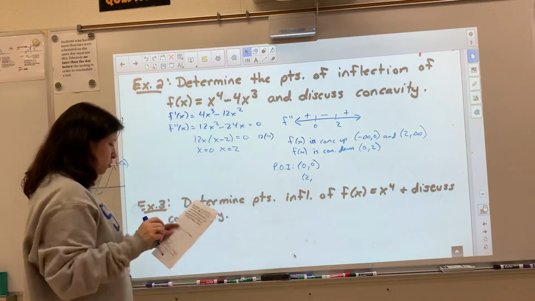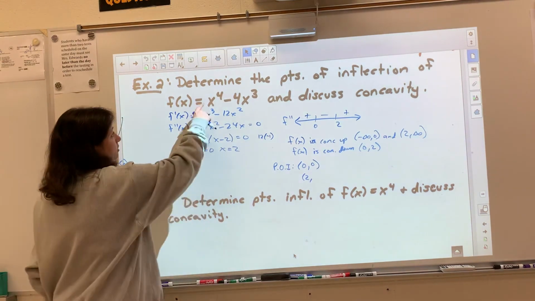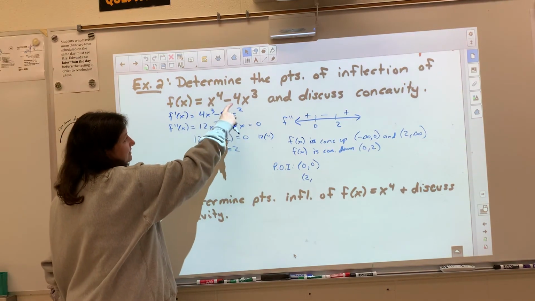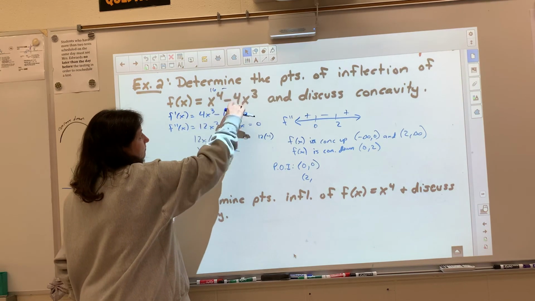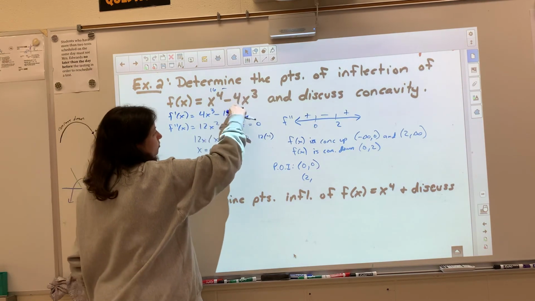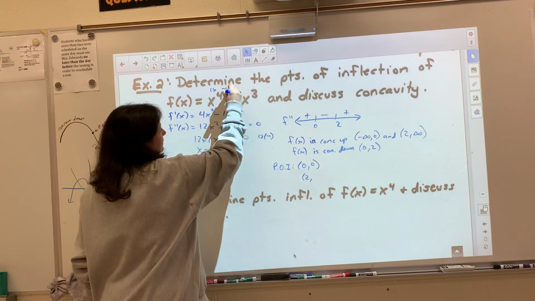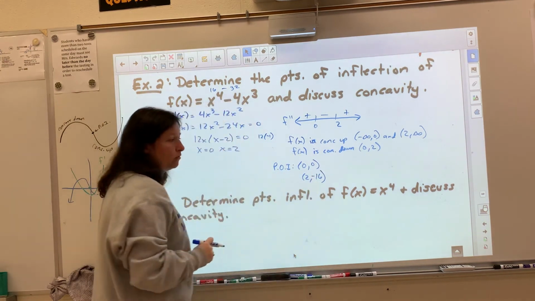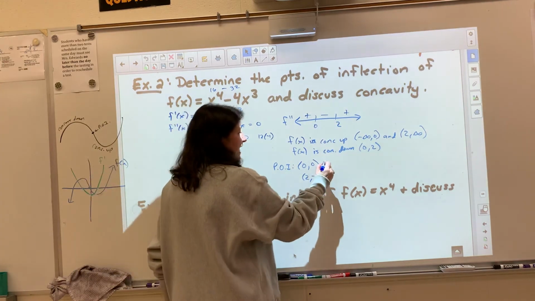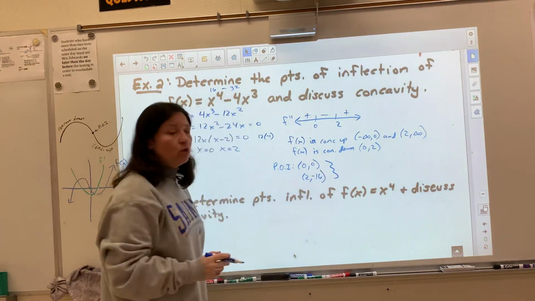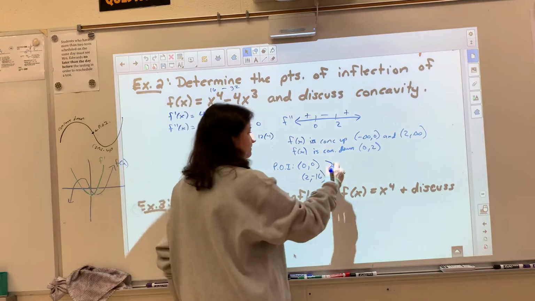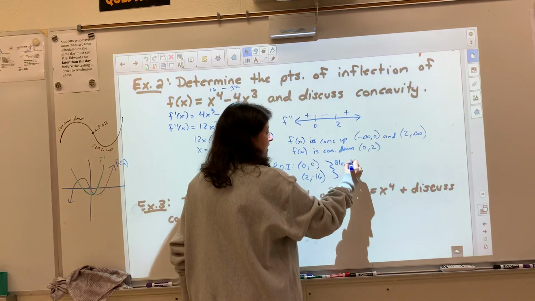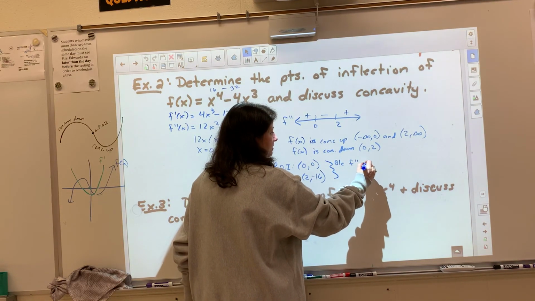We plug 2 back into the original. 2 to the 4th is 16. 4 times 2 cubed, so 4 times 8 is 32. So (2, -16) is my other point of inflection. If they ask for a justification, how do we know those are points of inflection? Because F double prime switches